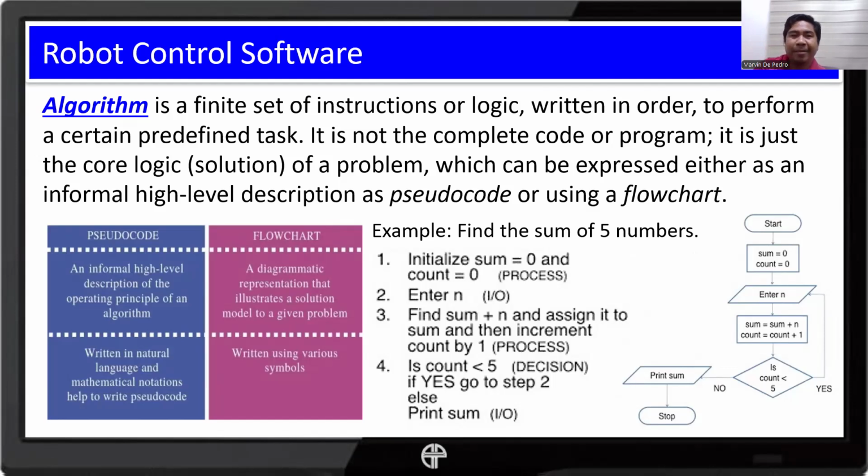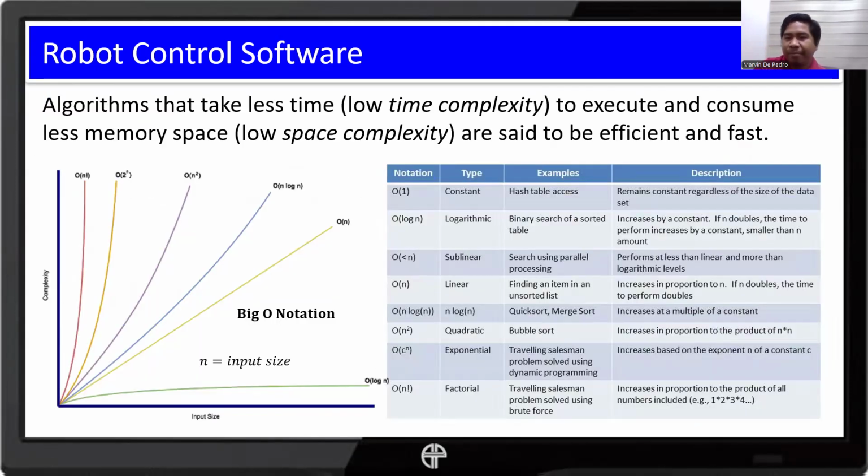So we can control that movement or that behavior by including some equations in our algorithm. Now it is very important to be as efficient as possible because we are dealing with time and space complexity. When I say time complexity, we want our algorithm to be as time efficient as possible, meaning we want it to be executed in as little time as possible. Same thing with low space complexity.